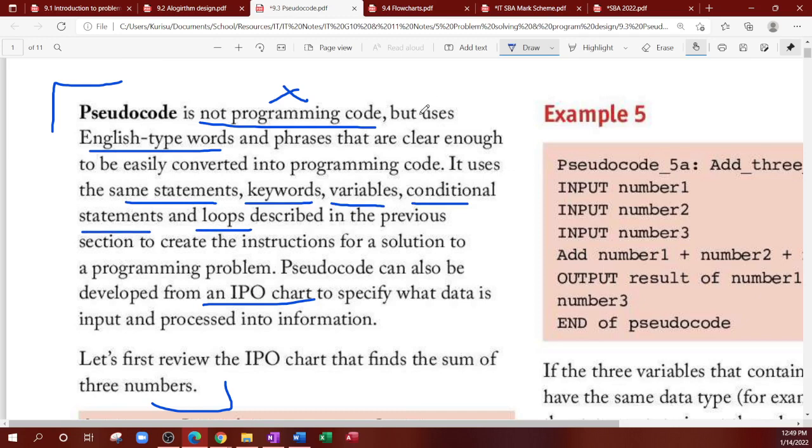The programming language is going to have statements and keywords for different features and options. But you don't need to know those keywords. You could use a general word that would represent it. For example, look at this one over here. It uses the word add. Add is not necessarily the keyword in Pascal to add